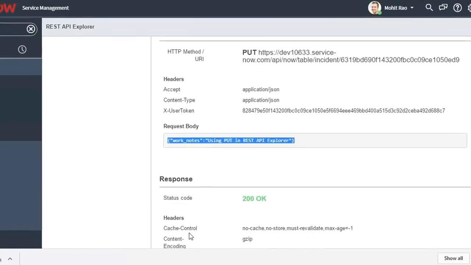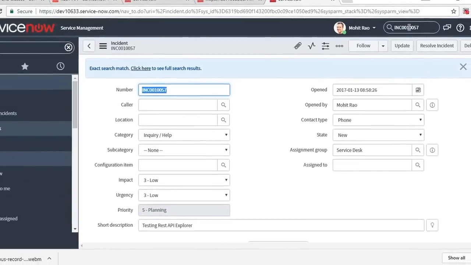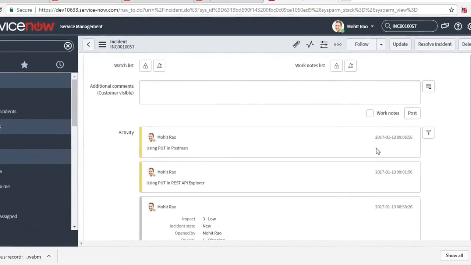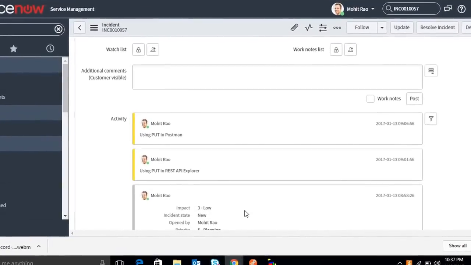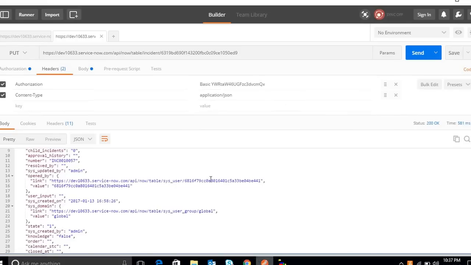Let's go back to the incident, refresh the incident, and the work note is updated using PUT in Postman. So in this manner, even if you don't have a REST API Explorer here, you can use Postman or any similar clients like Firefox REST client, or maybe SoapUI, to invoke or test your REST APIs into ServiceNow.